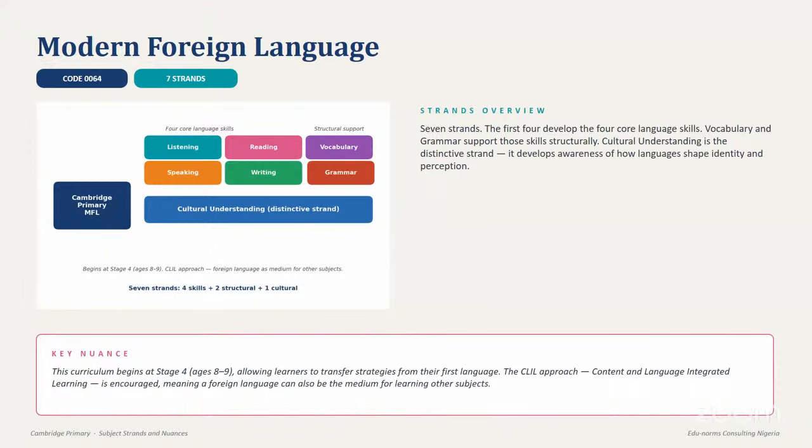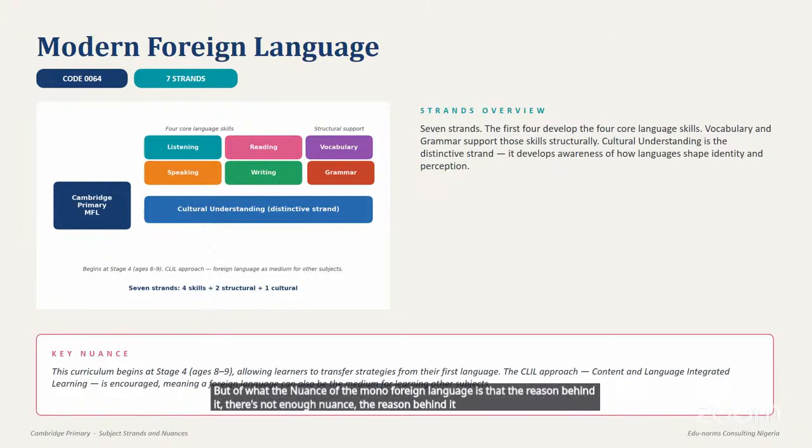Modern foreign language is one of the newest subjects on earth today, created last year or two years ago by Cambridge. I think Cambridge is the first to create it anyway. So the reason behind it, the rationale, the philosophy of creating it, is that